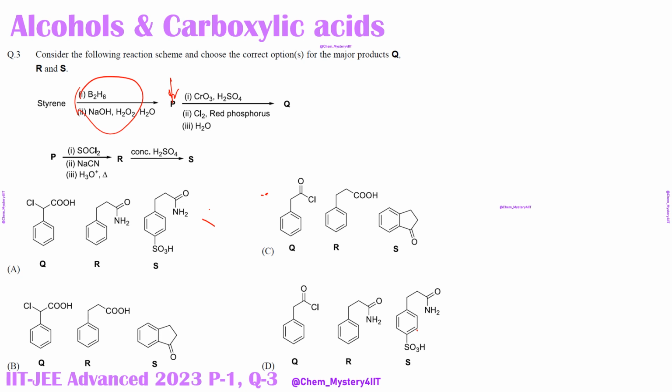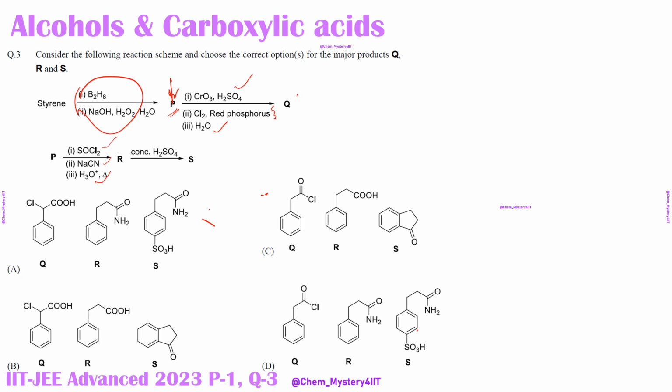The first one was CrO3 and H2SO4, that's oxidation. The second one was some HVZ reaction where the carboxylic acid formed was supposed to be oxidized, and then we have this reaction with water, basically to convert things back into the carboxylic acid. Now this compound P, which was formed as an alcohol, was reacted with SOCl2, that is the Darzens synthesis we say, that gave chloride. This compound was reacted with NaCN, that gave us some cyanide. The cyanide was hydrolyzed and heated, so that is supposed to give us the corresponding carboxylic acid as the product. That CN is also converting to carboxylic acid over here.